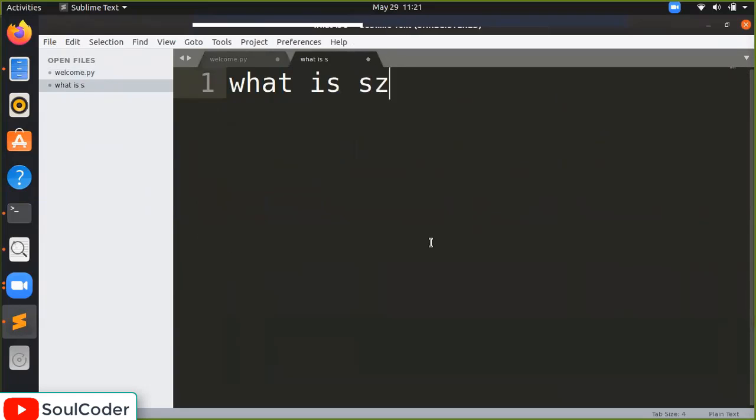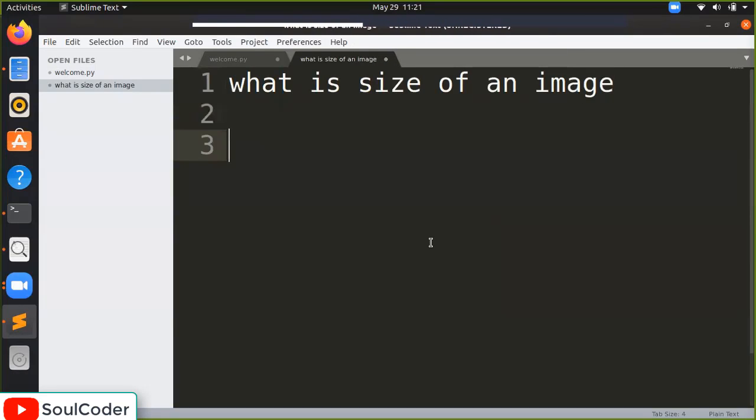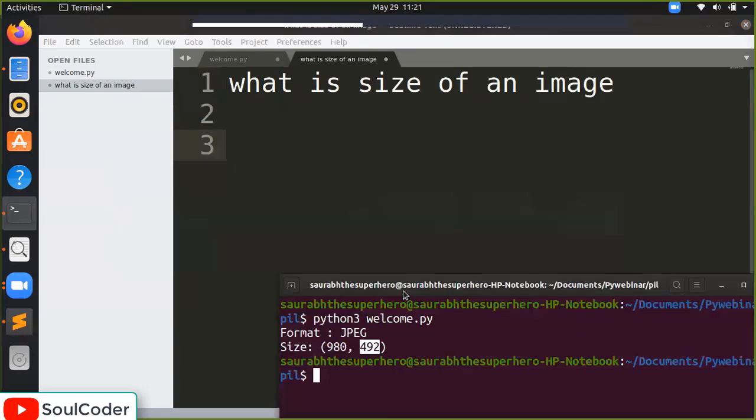What is the size of an image? So when this says it is 980 by 492, it means the width is 980 and the height is 492.